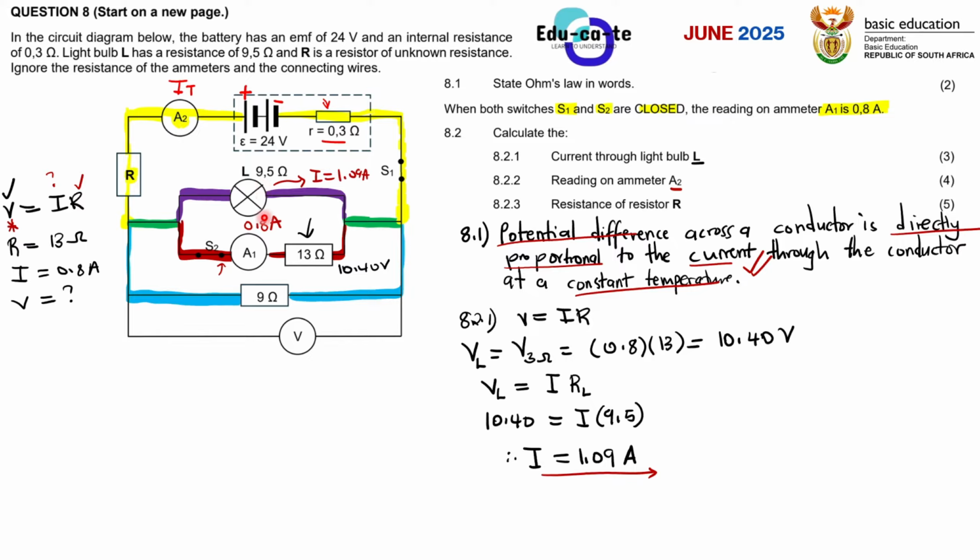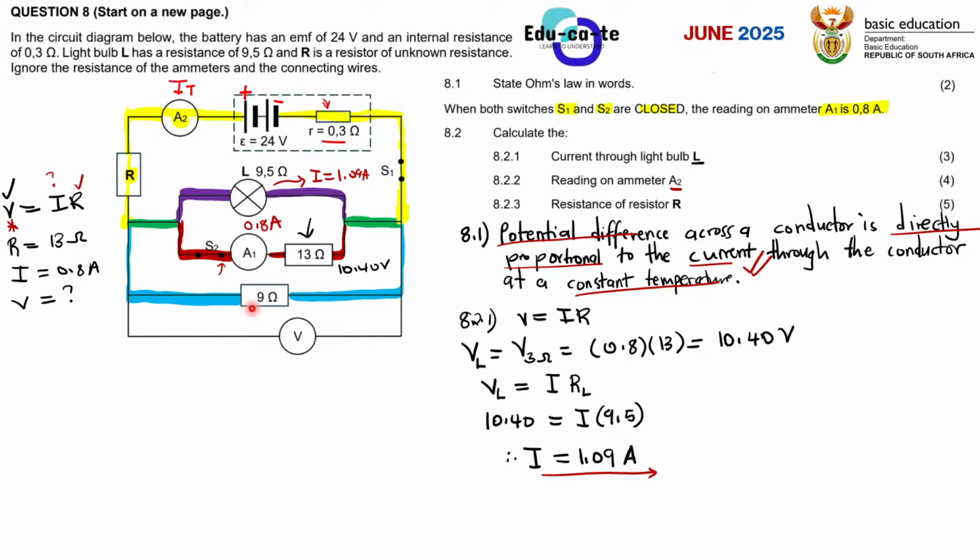So adding them together, it will give us this green current, or the current across this whole big combination of these two. So basically, we have two components that are connected in parallel to one another. Their current is divided, so it simply means that when you add it again, it will give you the current that they had at first. So the total of these two, when you combine this parallel combination, will give you 1.09 plus 0.8. That is the green current.